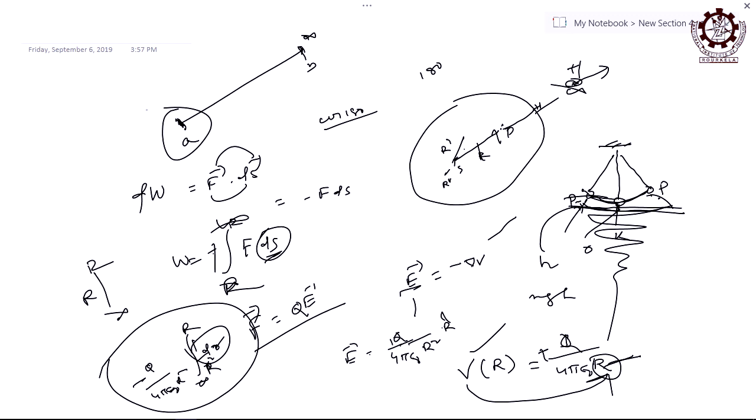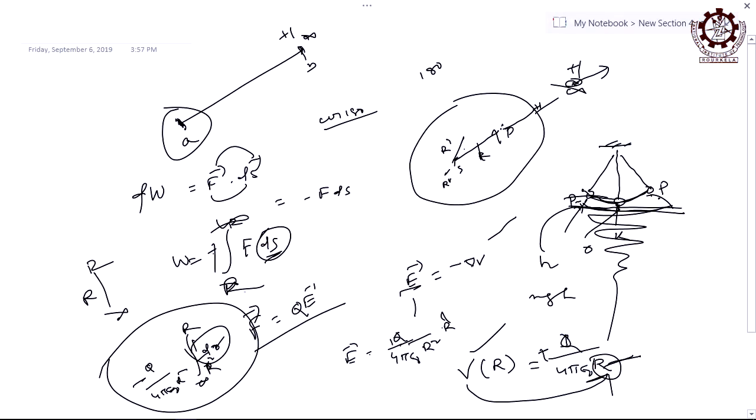Then you can think over, suppose one unit positive test charge is being brought from B to A, then what will you tell that? Understand, point B is at infinity, A is here, you are bringing a unit positive test charge from point B to A. What will you call there? Work will be done definitely, but whatever work is done there is named as what? What can you call that? Potential, but here instead of integrating this, you are telling it is from B to A, right?